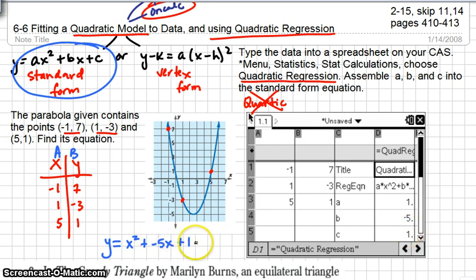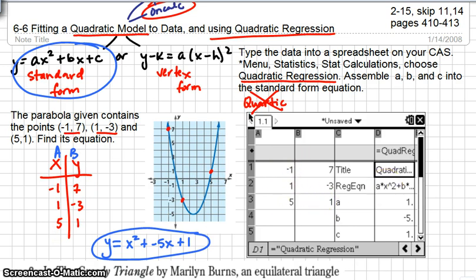So you do need to say +1 there because there is no variable to hold its place. So then that's your final equation. That's one type of problem that you may encounter if they give you a list of coordinates or a table of coordinates or a graph or both. You make sure that you put the data into spreadsheet form or table form, type it in, and highlight and